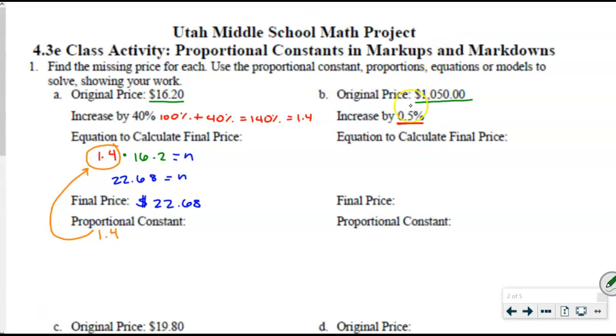And I especially like this being thought of as interest because we're probably investing $1,050 in something into a savings account, earning that much interest. So let's do this problem together. Just like always, we're still going to have 100%. It is increasing, so that means I'm going to be adding, and I'm adding just 0.5%. Be careful when you do this addition. 100% plus 0.5% is